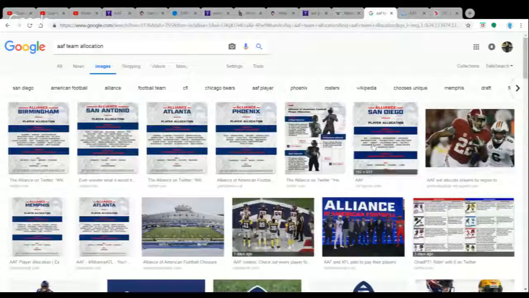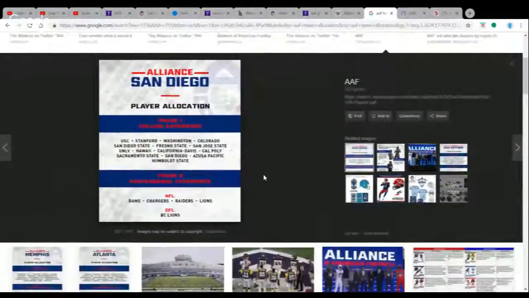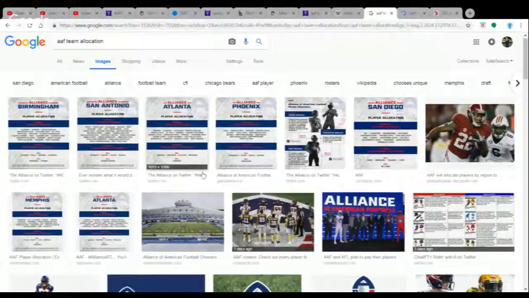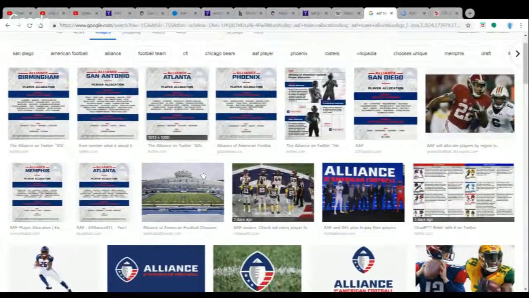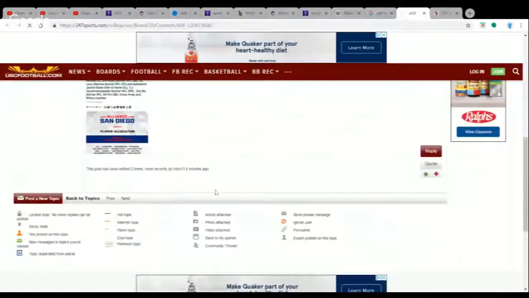San Diego's team looks small, considerably. Now, granted, we get Colorado under San Diego. I didn't know that. So where's Colorado State under then? Is that for Salt Lake? Who is not on here? Who's the one that I saw? Yeah, that was the one.